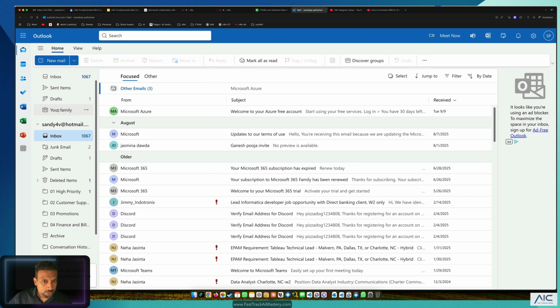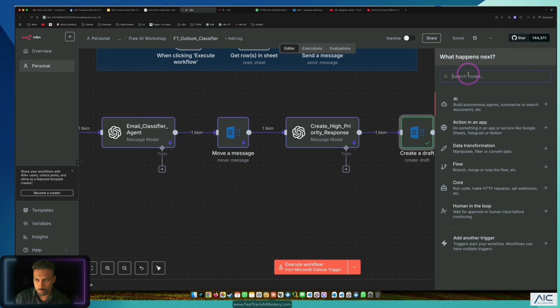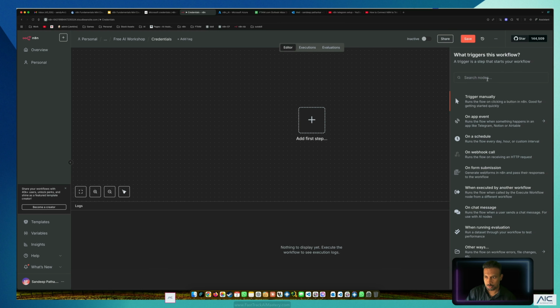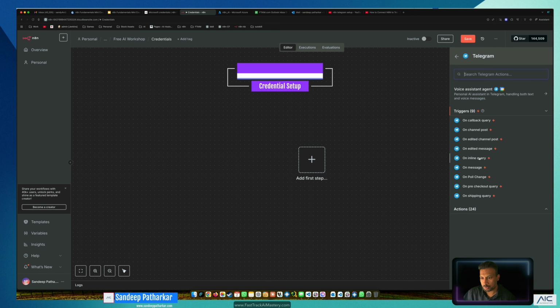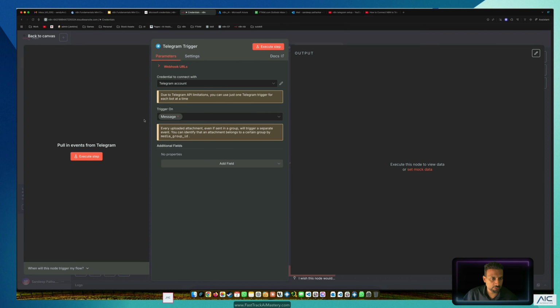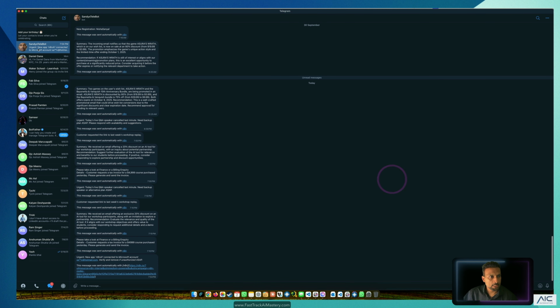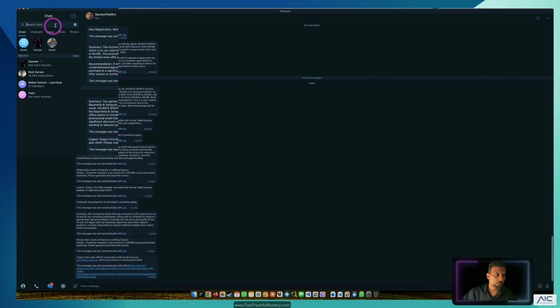So next, you should get an email, or you should get notified somehow that a draft has been created, that it's an important email, right? How to do that? We are going to use Telegram. Look for Telegram. Telegram, we need a trigger on message. Perfect. This is good. Now the next step is we need to go to Telegram, and if you see, this is the bot that we need. I know it's a little small. I'll try to zoom in, but what you need to do is